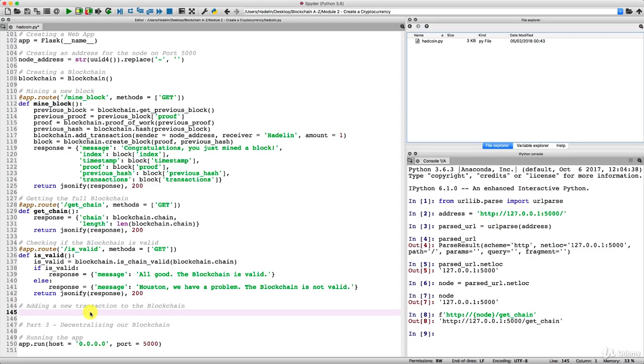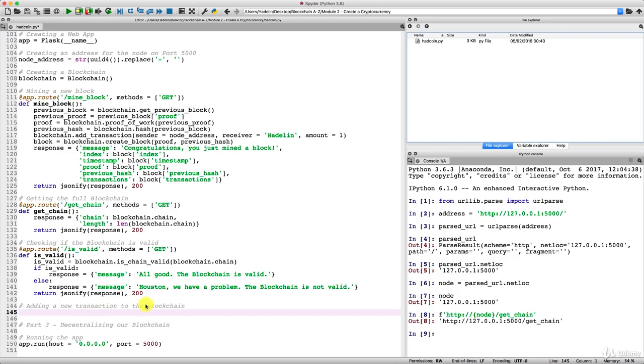And it's because in order to add a transaction to the blockchain, well, we need to first post this transaction. And to post this transaction, we'll create a JSON file which will contain the keys of the transactions, that is, the sender, the receiver, and the amount of AdCoins exchanged. And that's exactly what we'll need to post. That's this information that we'll need to post into the JSON file, and then the response will get this JSON file, and this JSON file containing the transaction will go through the jsonify function, and eventually this transaction will go to the next mined block. So let's do this request now that we understand what a post request is exactly.